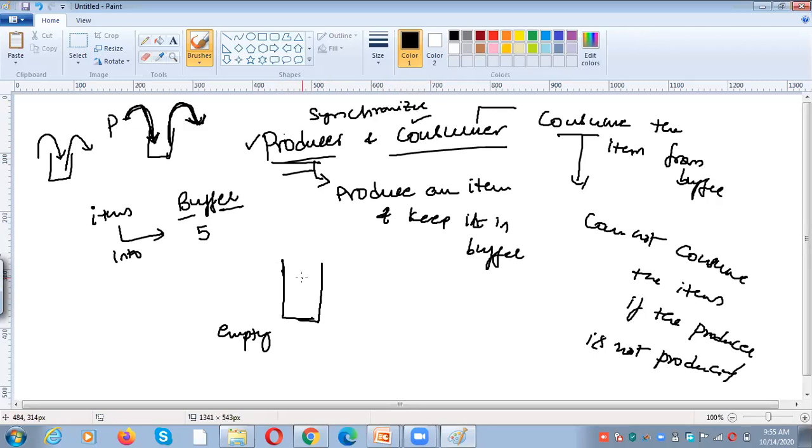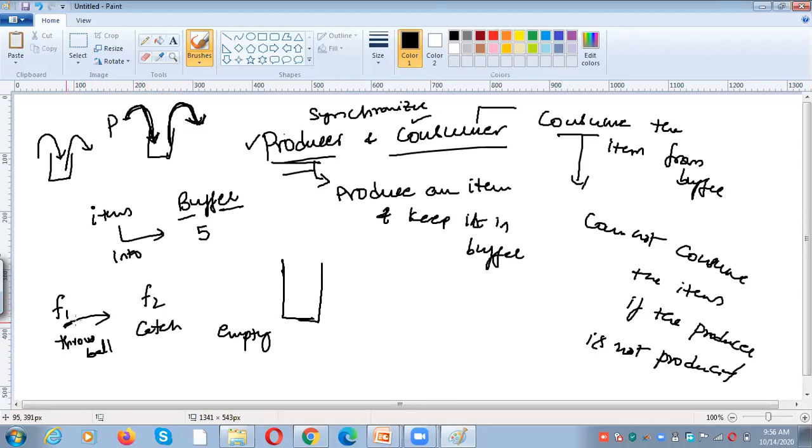And next, one more thing. For example, you and your friend are throwing a ball, and one person has to throw the ball and the other person has to catch the ball. Friend 1 and friend 2. So friend 1 has to throw the ball and friend 2 has to catch the ball.